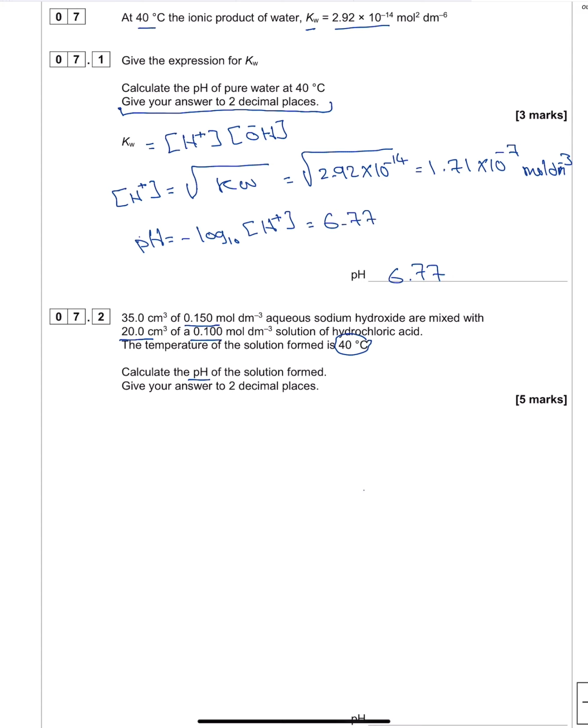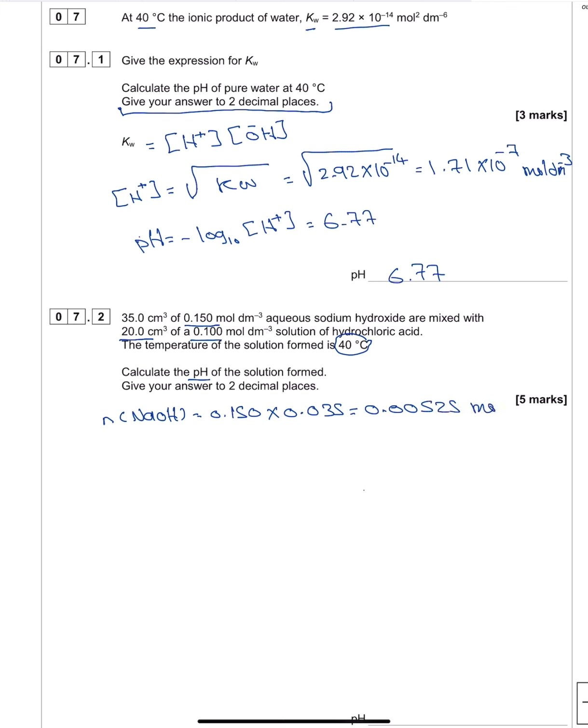Now we need to find the moles of each of the acid and the base at the beginning, and then find which one is in excess. It's clear that, of course, the sodium hydroxide is the one in excess. And now we need to find the concentration of the hydroxide in order to find the pH. So first of all, let's find the number of moles of sodium hydroxide at the beginning. That equals the concentration, which is 0.150, times the volume in decimeter cubed, which is 0.035,